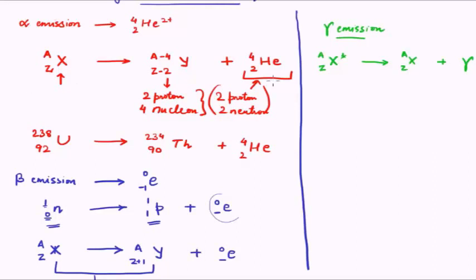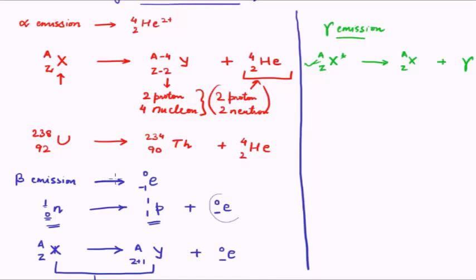When does this normally occur? This normally occurs after either an alpha emission or a beta emission. What happens is that as a result of the alpha emission, the daughter nucleus that is generated still is quite active, as in it has a large amount of energy which it wants to get rid of. Therefore, it undergoes gamma transformation. Similarly, that process can happen after a beta emission too.